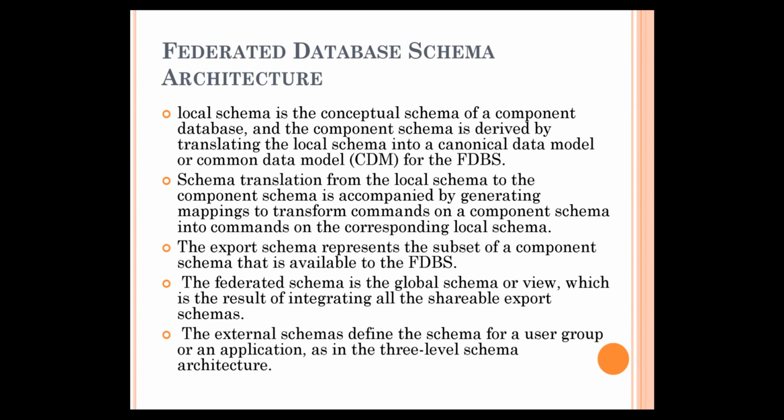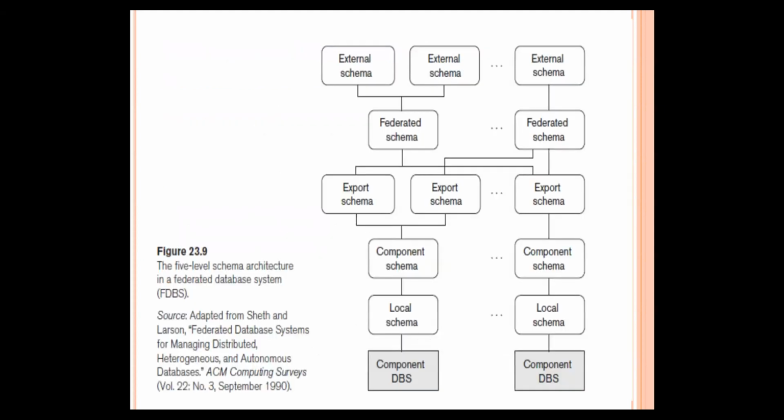So from the diagram, you can easily understand the 5-level schema architecture in the federated database system. It is 5 layers, or we can say 5 levels. The first level, we have external schema. The second level, federated schema. Third level, export schema. Fourth level, component schema. And the fifth level, local schema, which will be understandable to the